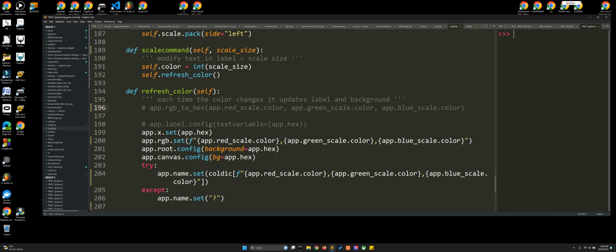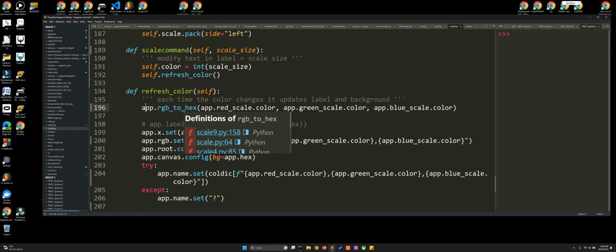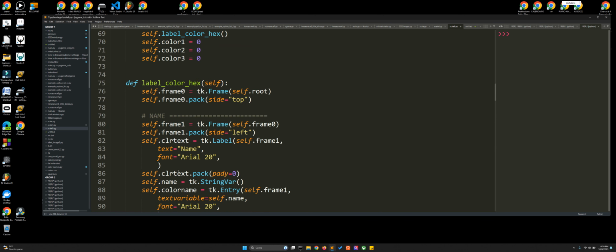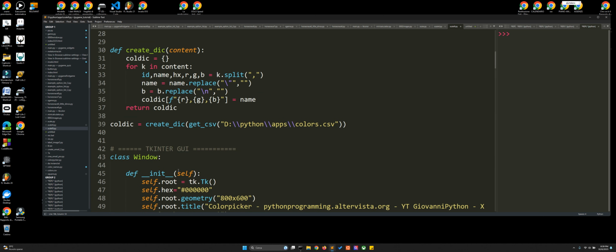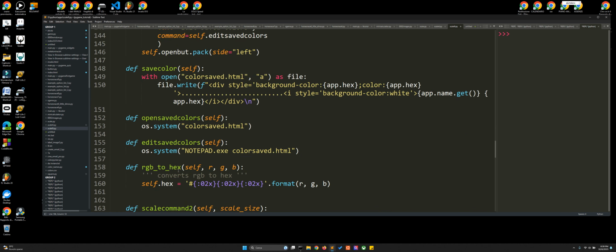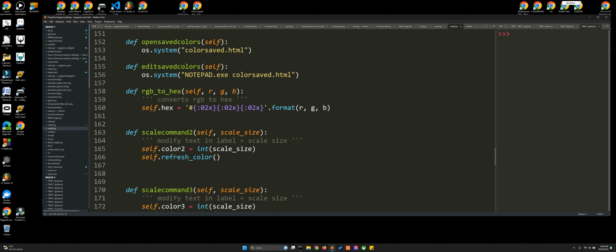Yeah, this one calls the RGB to hex method of Windows that just does one simple thing, that is to convert the